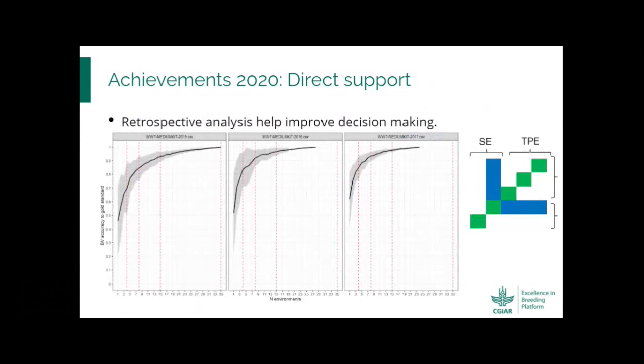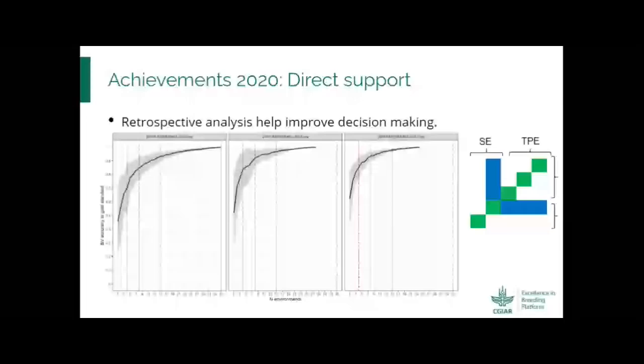So when the data really exists, which for many programs is the case, especially the robust programs, then we can support in a different way to answer the questions with respective analysis. The image, for example, in this slide refers to the question on how many environments are optimal for the yield testing in the CIMMYT maize program that we were working together with Joseph, a very modern breeder that works